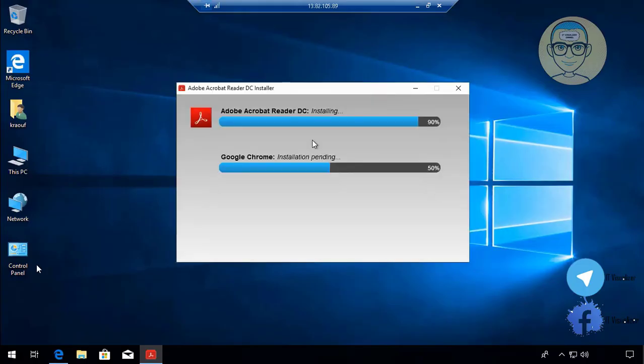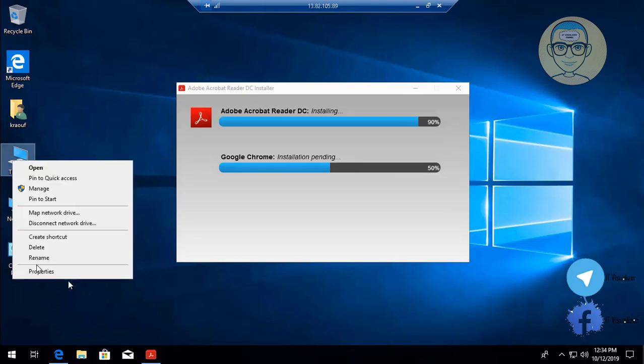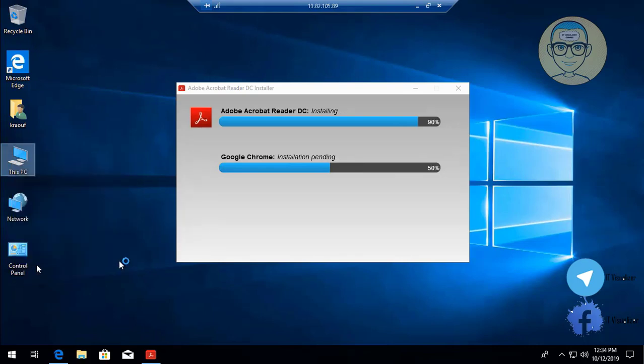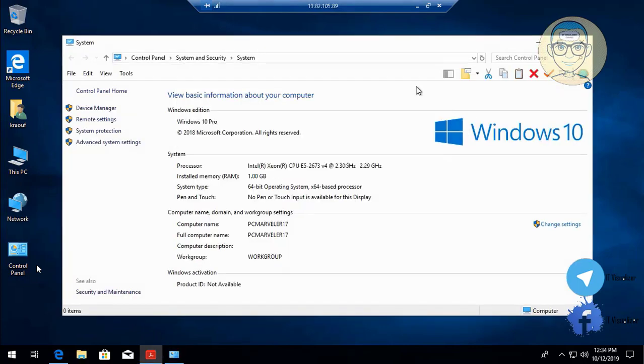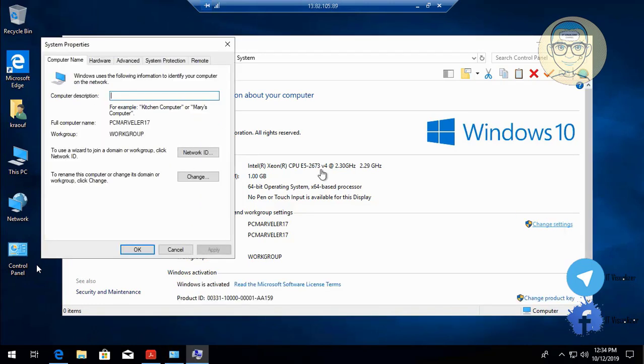So the installation of the Adobe Reader is nearly complete, and it's now installing Google Chrome. And actually I was surprised because this is done with only 1 GB of RAM, so this is very good. Anyway, here I will increase the virtual RAM for this virtual machine. I also need this to be the default for all of the future Azure-created virtual machines. So here I can get it from the change settings or advanced settings,